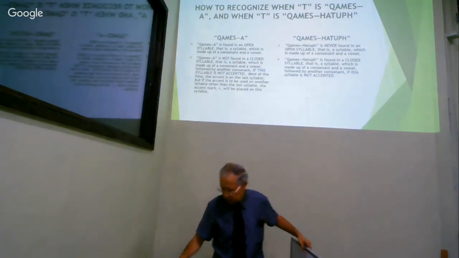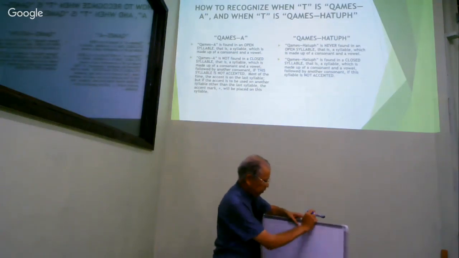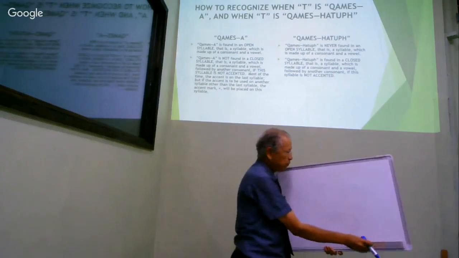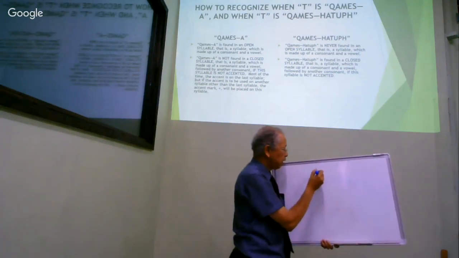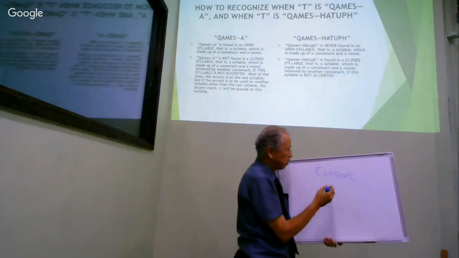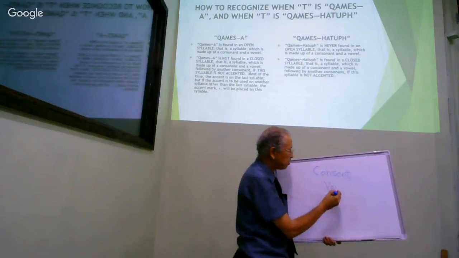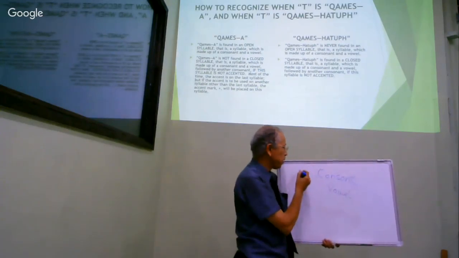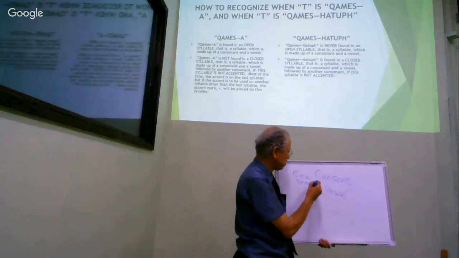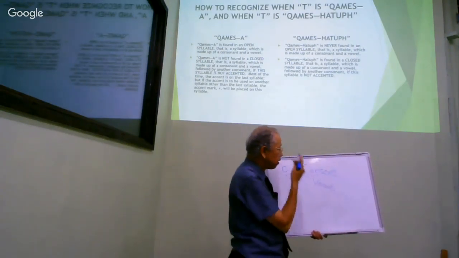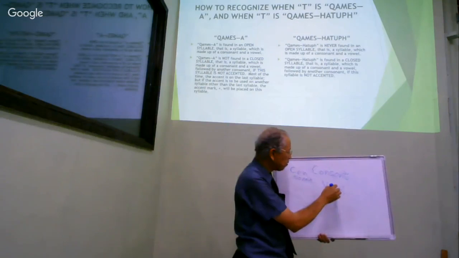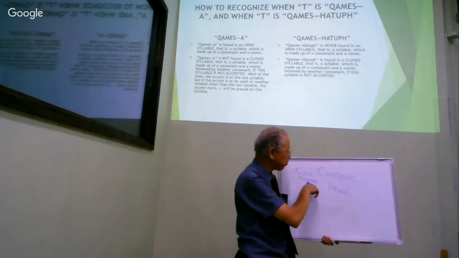Okay, now here is a closed syllable. A closed syllable consists of a consonant followed by a vowel and followed by another consonant. Okay? So if you have a consonant followed by a vowel, but it doesn't end there, it is followed by another consonant,